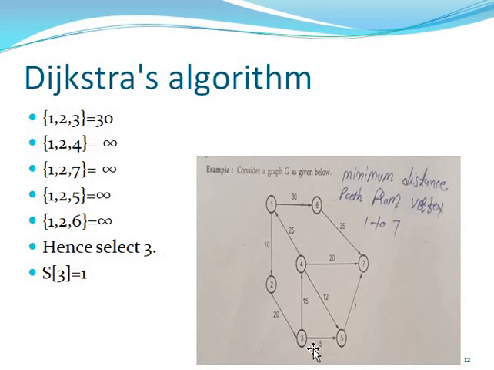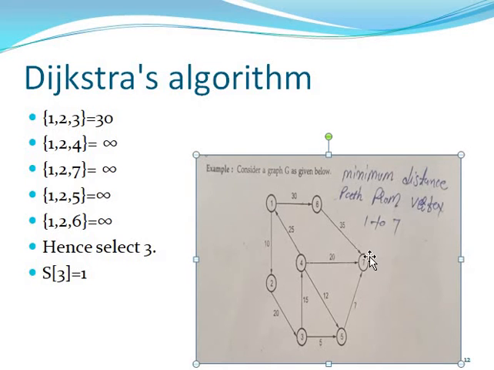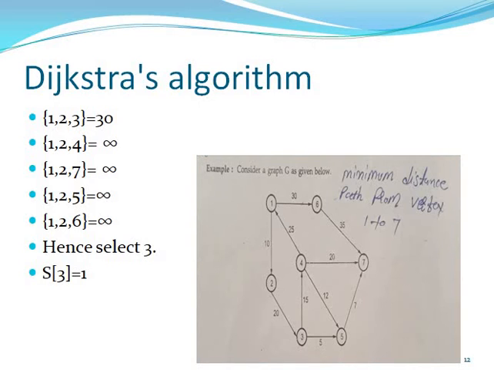So this is the direction you can follow, 1 to 7, and you can total the vertex values, 10 plus 20, 30. So 1, 2 and 3 is 30. Now you can go 1, 2 and 4, this is not possible. Then 1, 2 and 5, it is not possible. Then 1, 2 and 6, it is not possible. Or 1, 2 and 7 is always infinite. So this is the Dijkstra algorithm path you can follow.